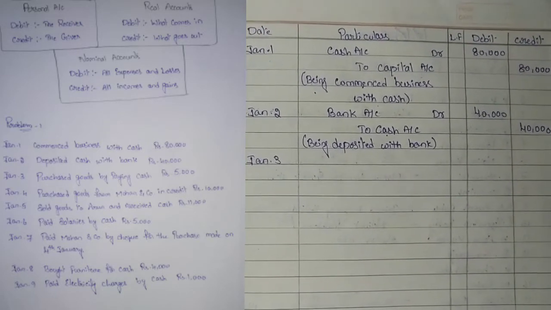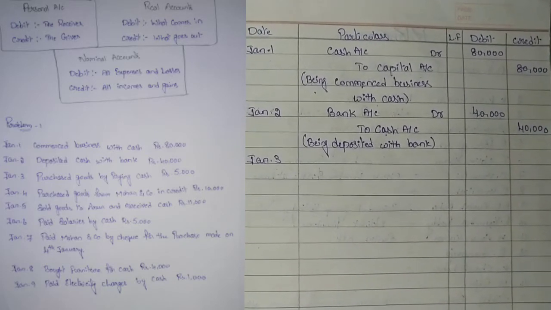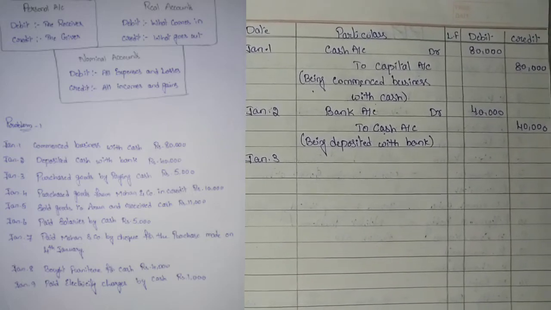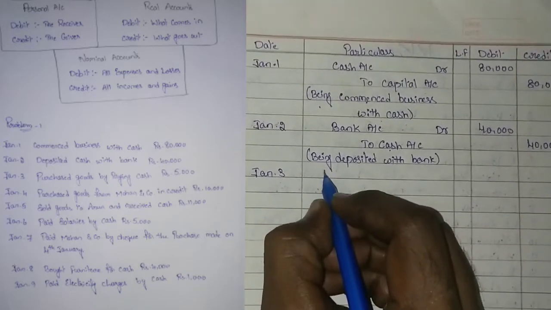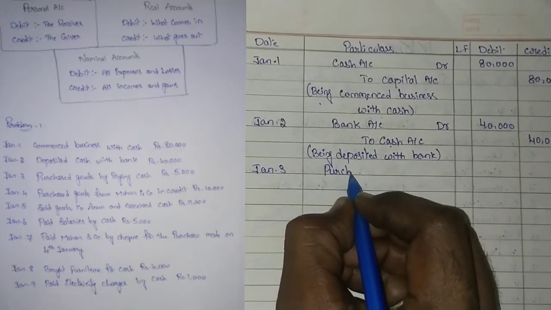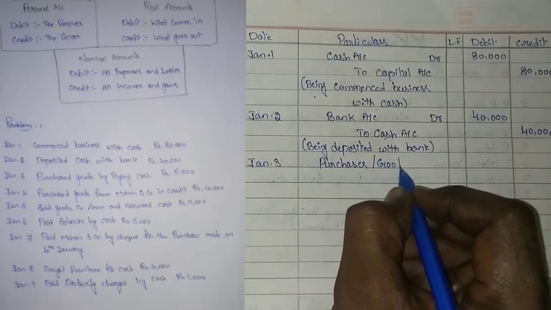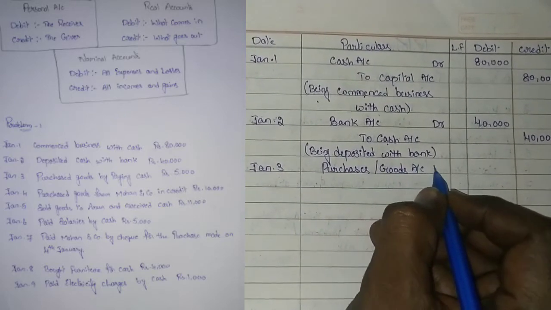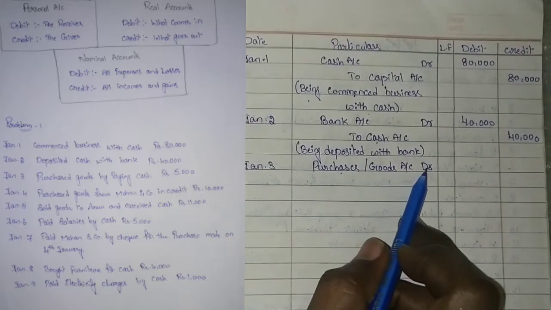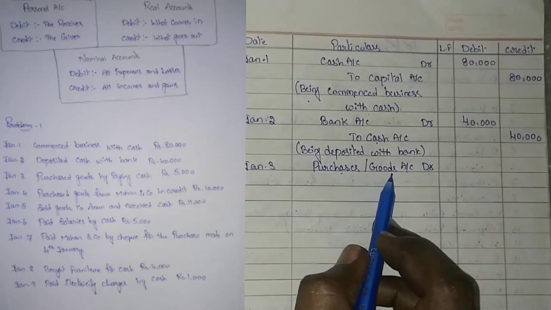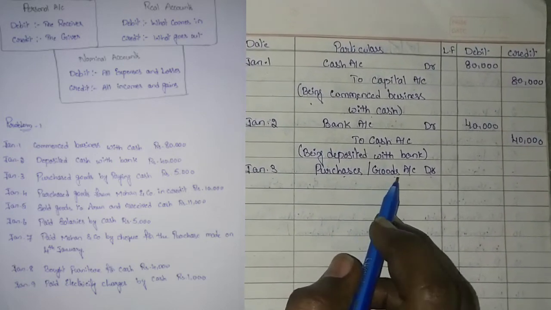So whatever asset is coming in, that should be debited, and what you are giving for that should be credited. So here we are purchasing goods. So goods are coming into the business organization. So here the debit entry, either you can write it as the purchases account debitor, or you can also write it as the goods account debitor. Any of these you can write, because goods are coming in and we are making the purchases. So both can be written.